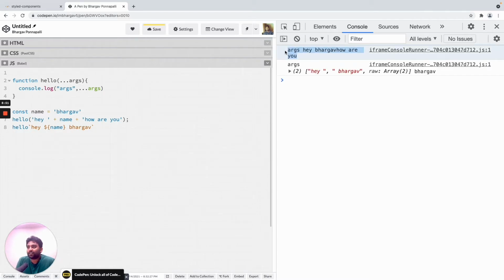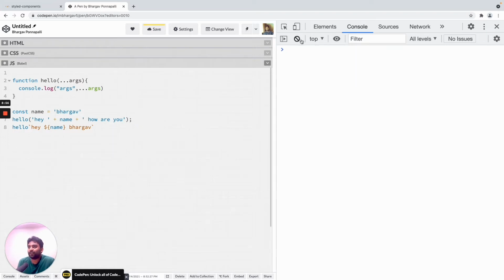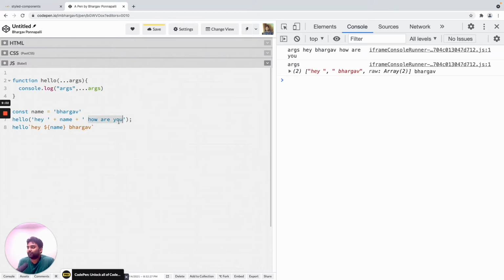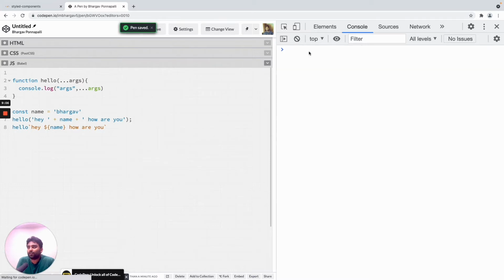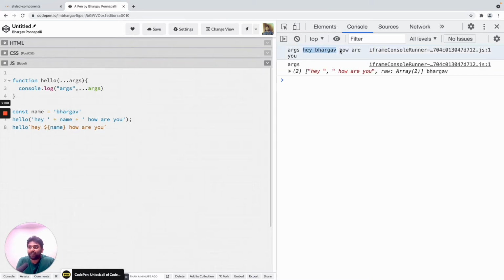So this is the first scenario. Let's put a space here just for readability. Yeah, so it printed hey Bhargav, how are you? And this is simply the arguments over here. In the second case, we see hey, how are you?